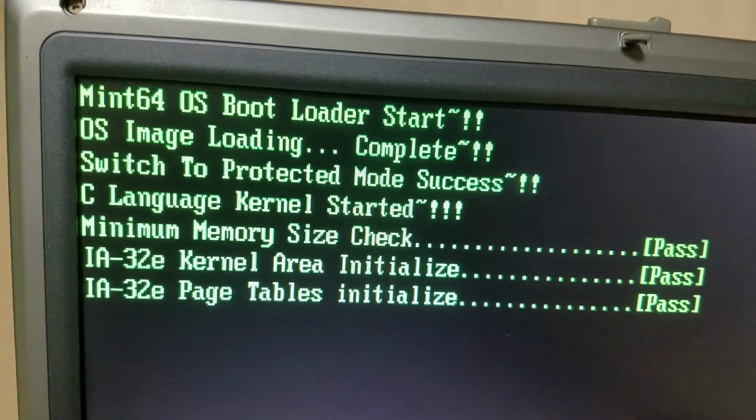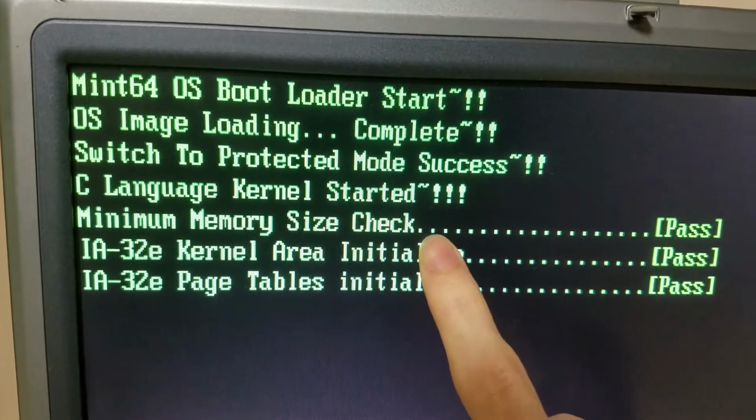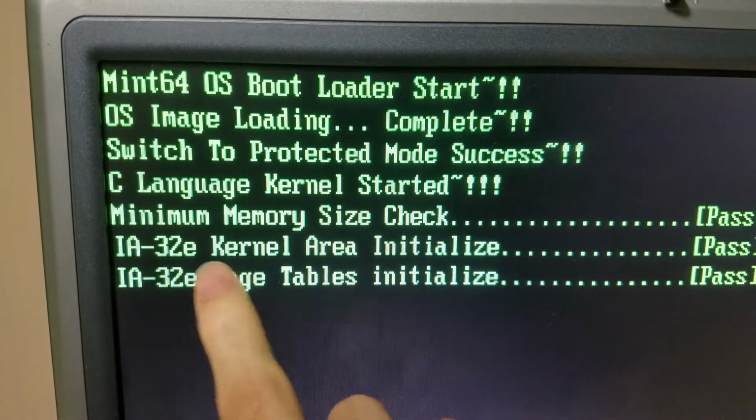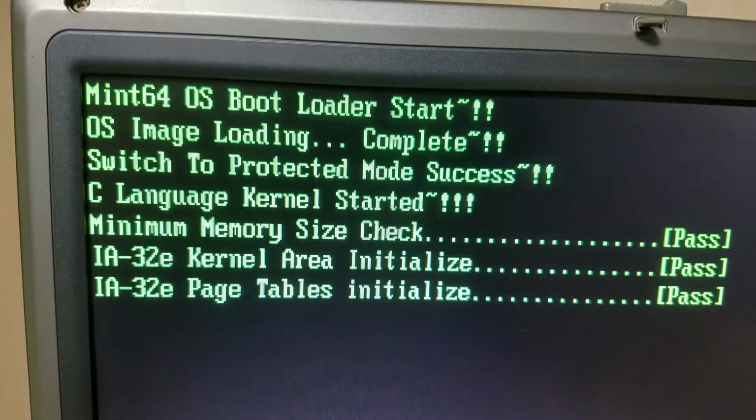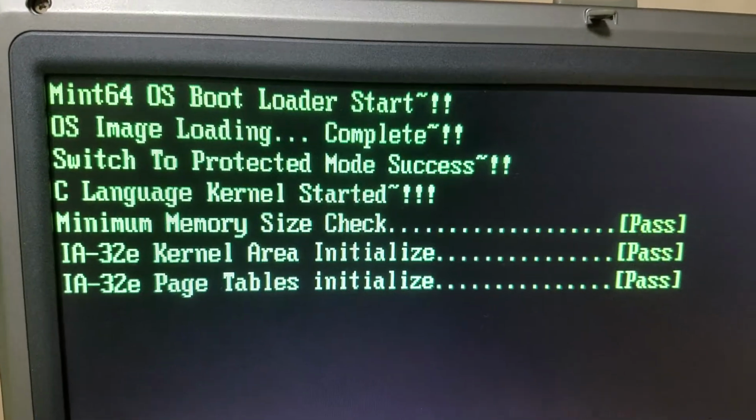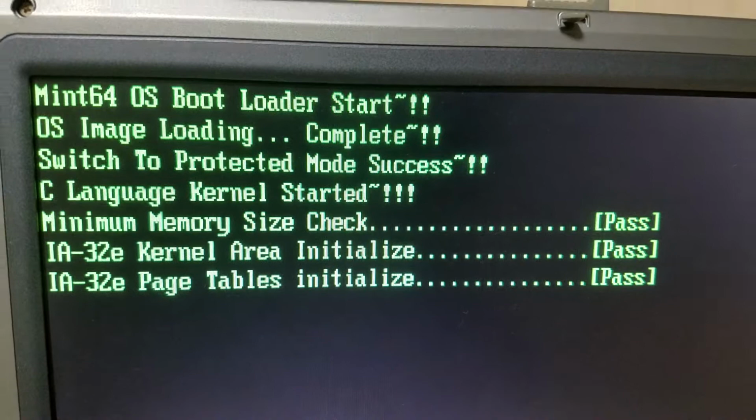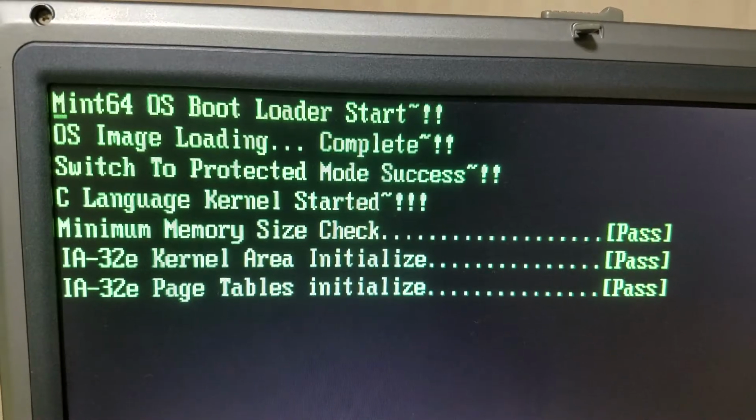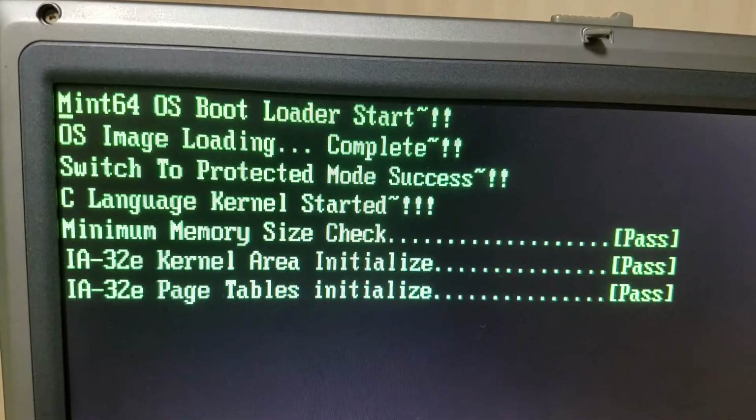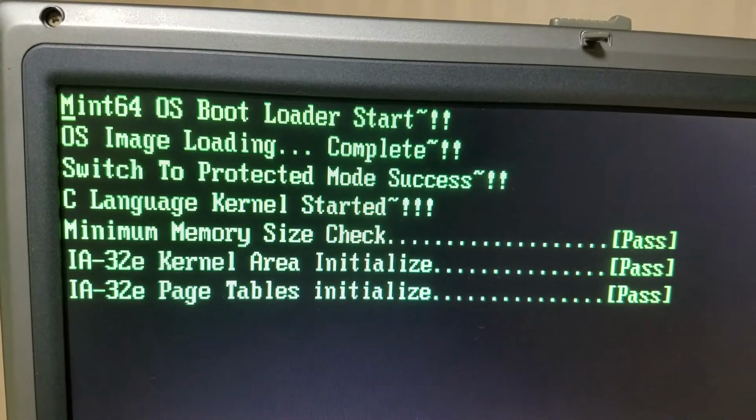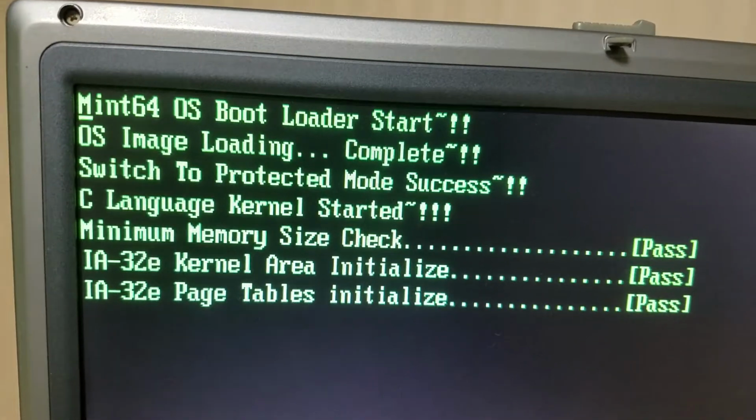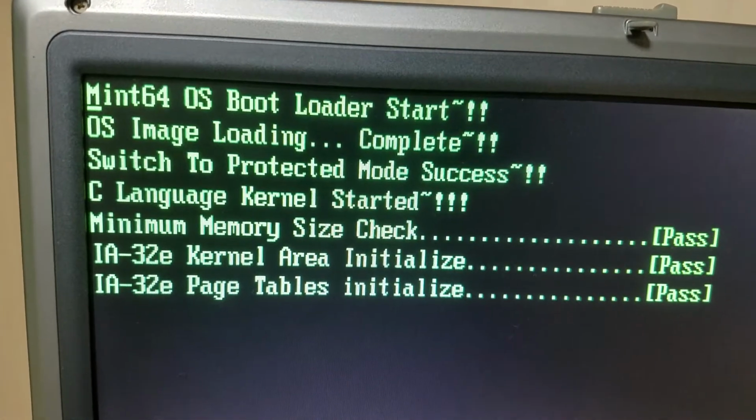So at this point, there's also assembly code in 32-bit that actually loads the image into memory at the 2 megabyte address. And also